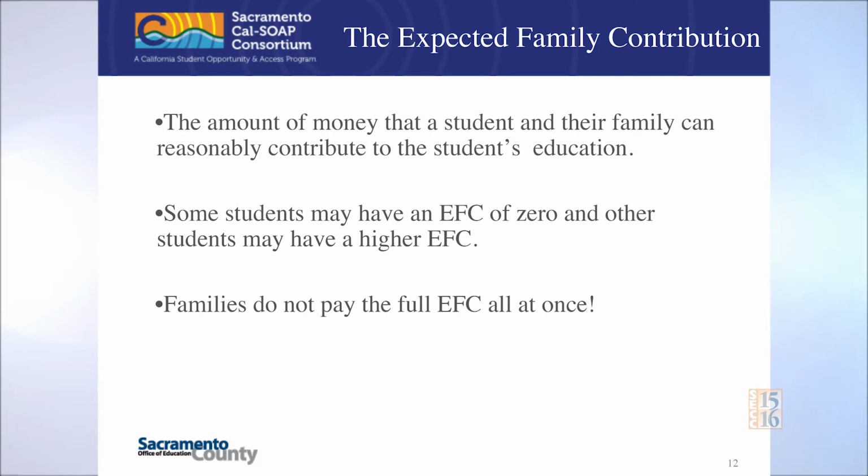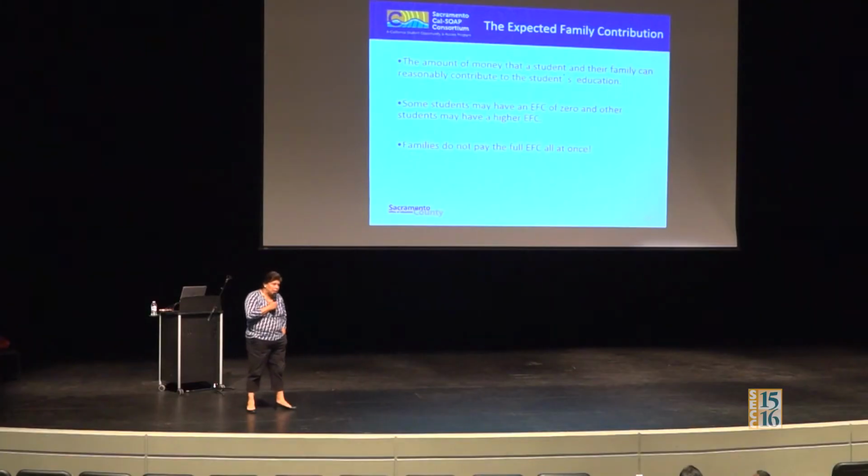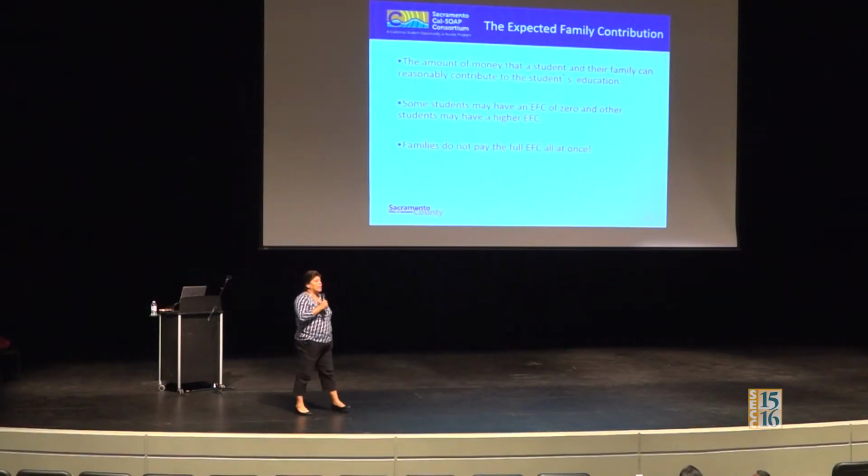It is the estimated family contribution that the government or the FAFSA people calculate that you can reasonably afford. It's the amount that the FAFSA believes a family can reasonably contribute out of their own pocket for that year. We may not agree. I certainly didn't agree with my EFC, but it is what they believe you can contribute